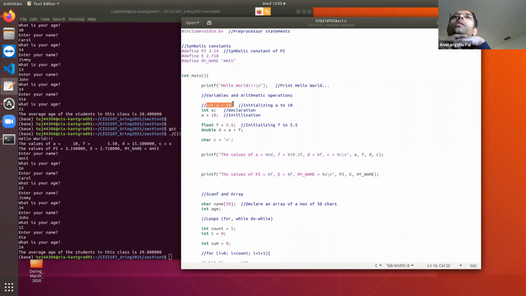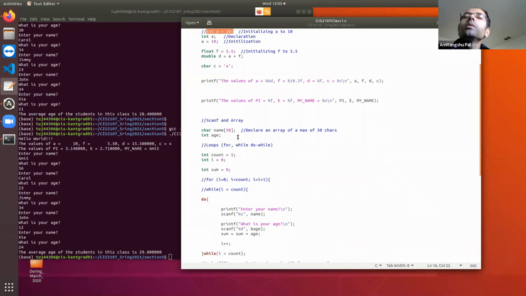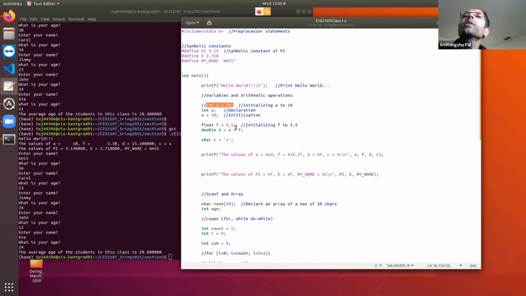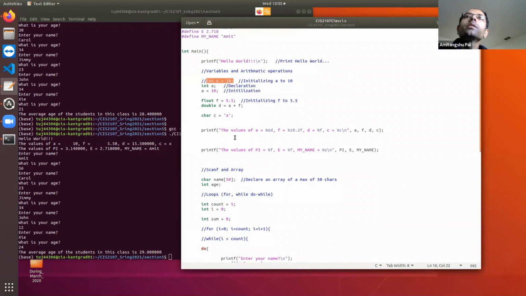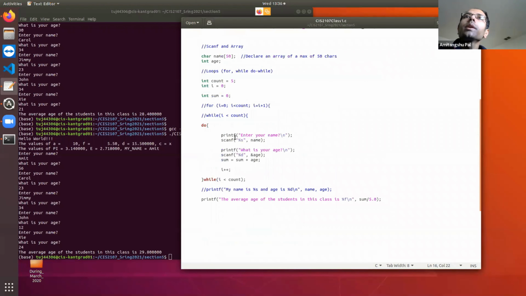These are some terminology, because sometimes some people will say declare a as float or initialize a to 500, something like that. So just make yourself familiar with this terminology. Preprocessor statement I have already explained, and for while.